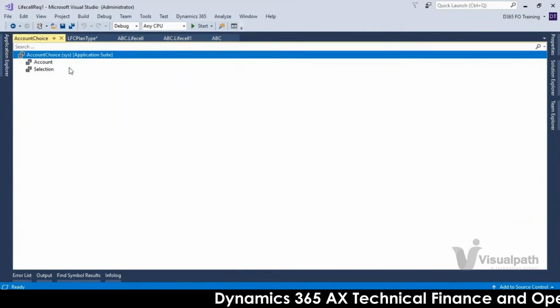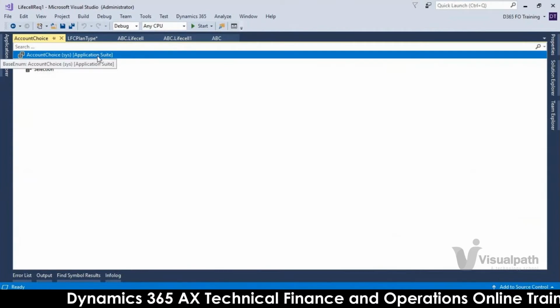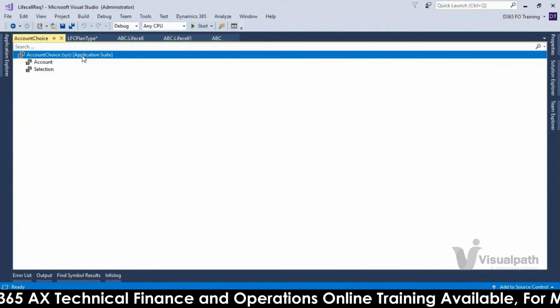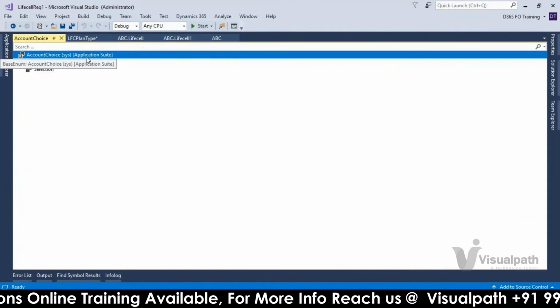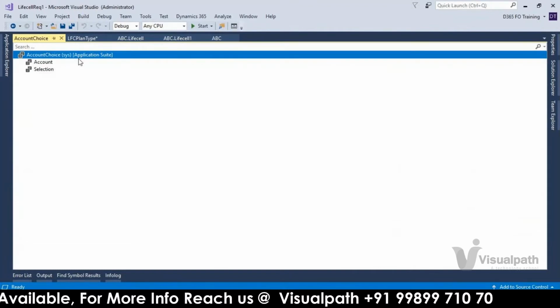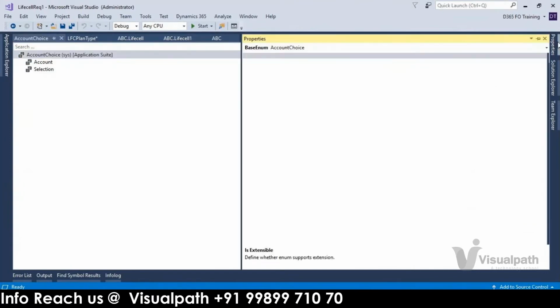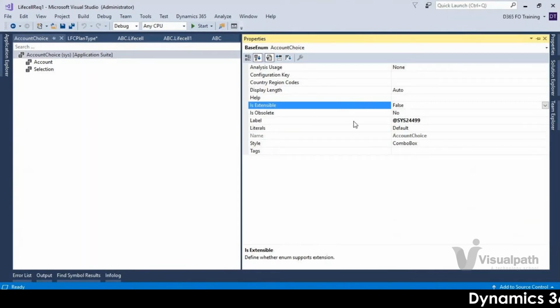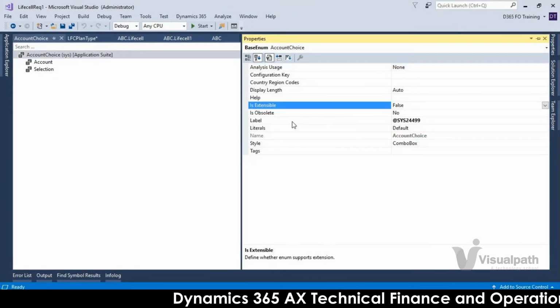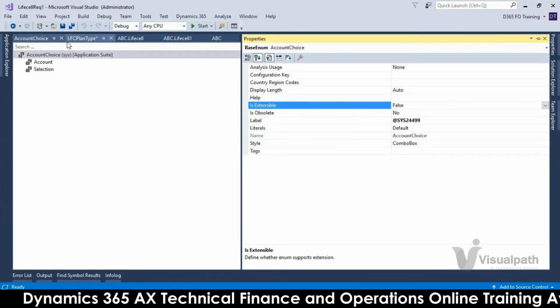Even if you reference this application suite model, currently our life cell model is not referencing it, it is not allowed to do the extension because this property is false. Either you go for creating a new base enum, and at the table level you need to change it for the field. You cannot extend this one.